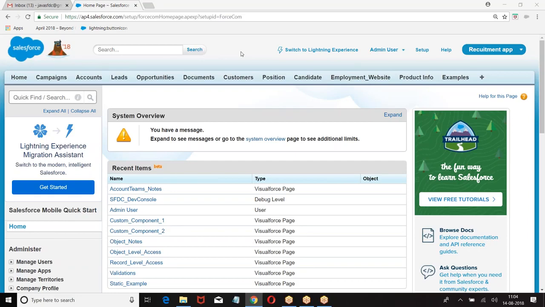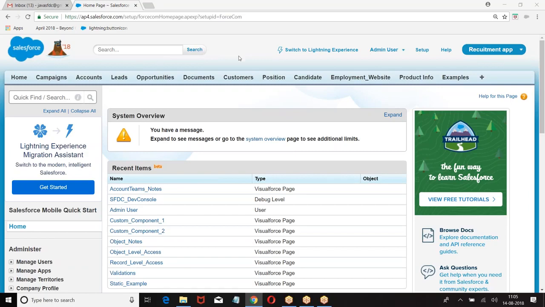Whenever industry value is modified as banking, automatically update the field ownership equal to private. So you want some updation to happen automatically at the backend. You want the value of the field to be modified automatically at the backend, which we are calling as field update. Whenever a condition is met, automatically the value of the field needs to be modified by the system, which we are giving as workflow field update.